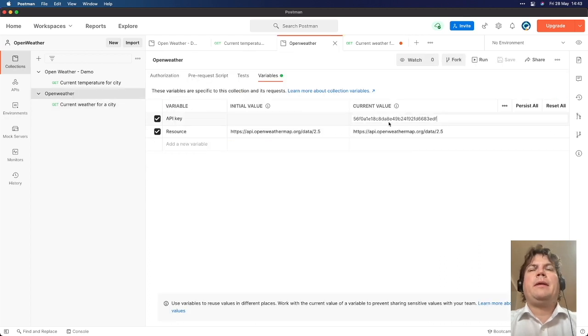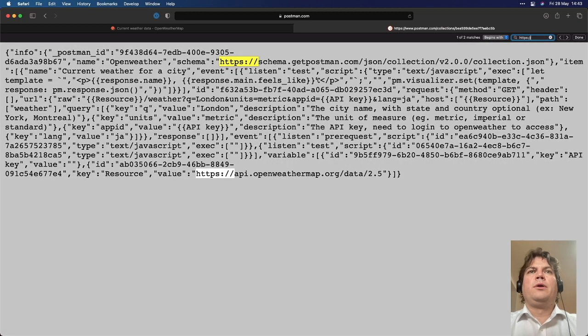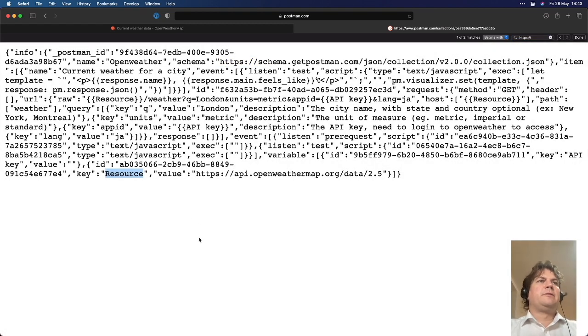We needed an API key to be able to do this. If I look at what I'm going to be sharing, the API key is not part of that. But the information that says you need to go to HTTPS, this resource here, is passed along so that I'm sharing enough information to be able to run them, but I'm not oversharing things like